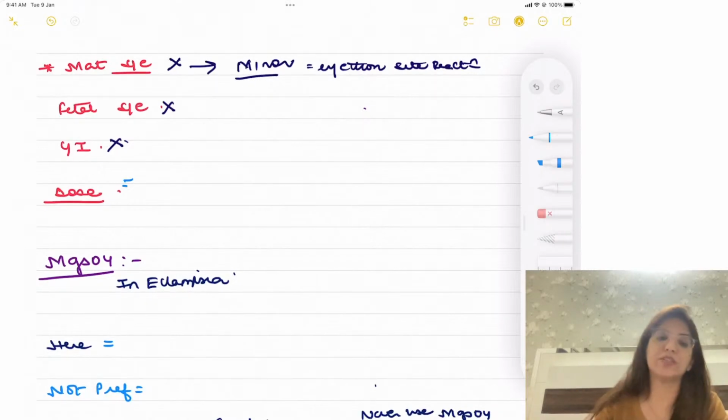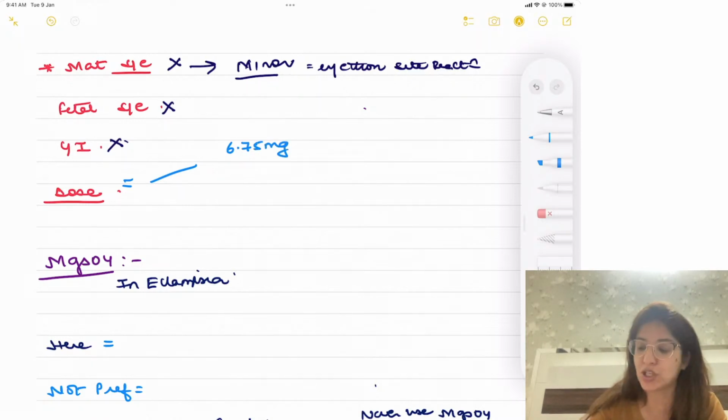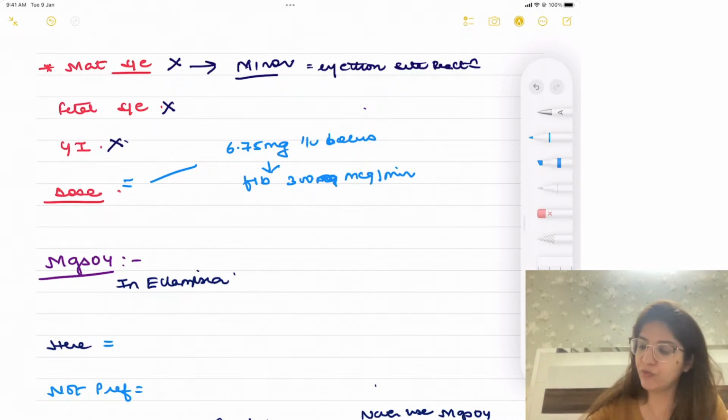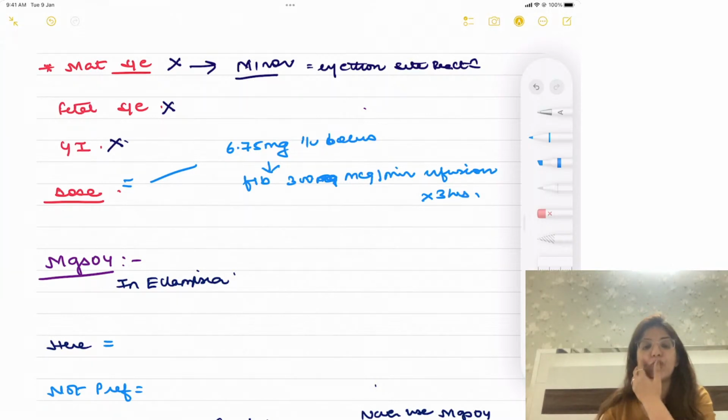if they ask you what is the dose of atosiban, then the dose of atosiban is initially you have to give 6.75 mg IV bolus. This should be followed by 300 micrograms per minute infusion for 3 hours. Right, so initially you give 6.75 mg IV bolus, then you should follow it up with